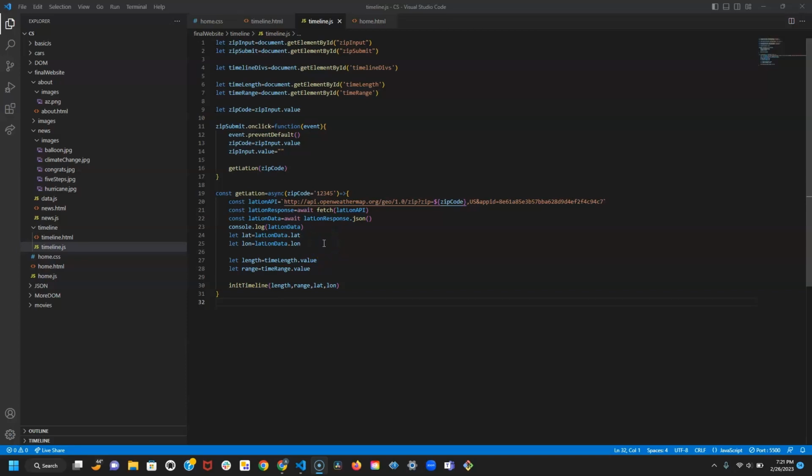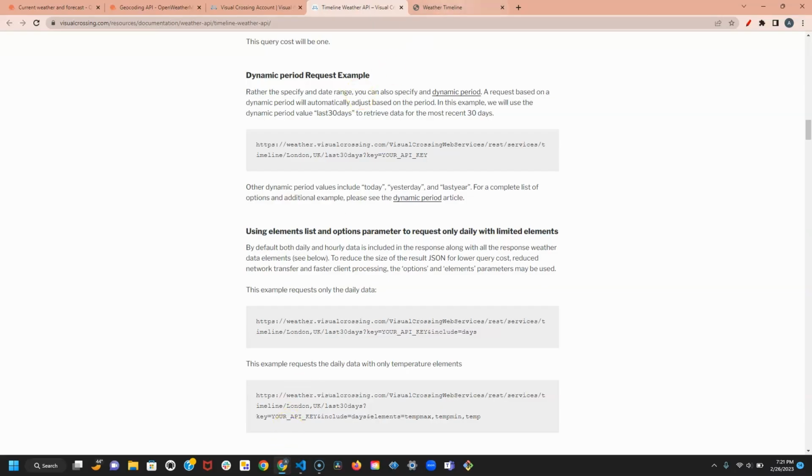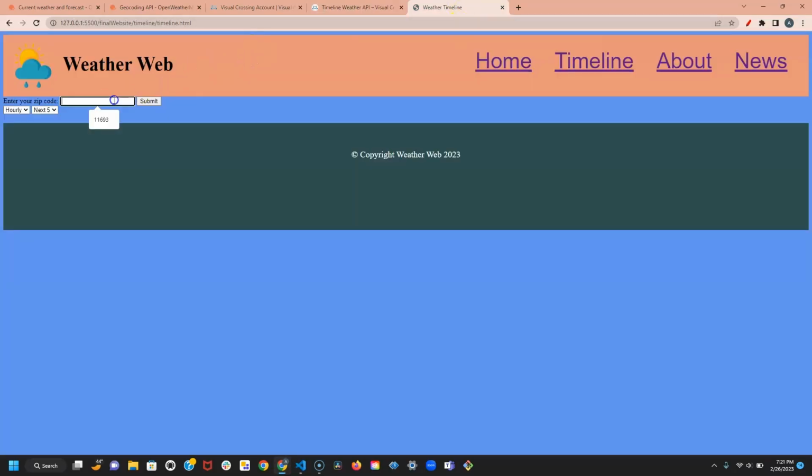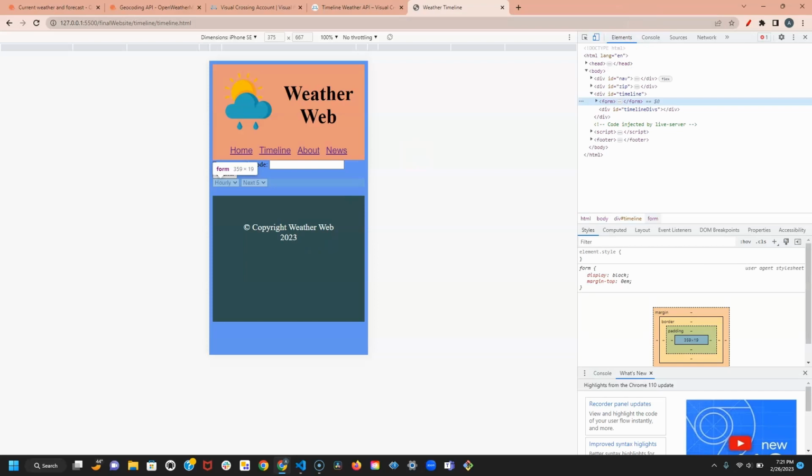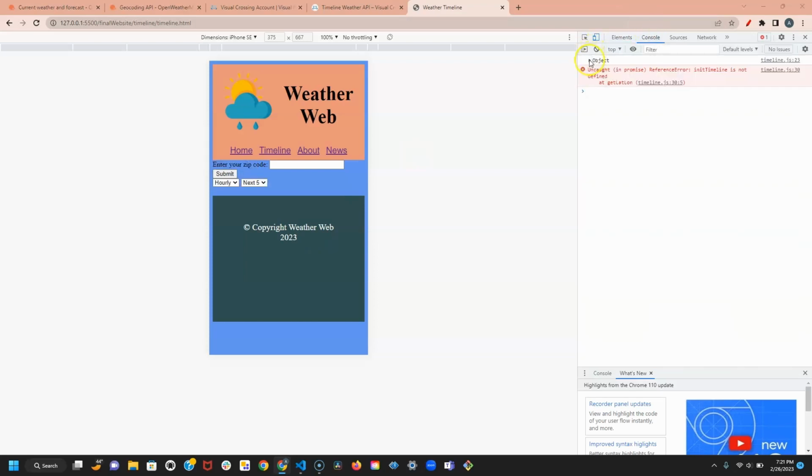In the last part of this series, we set up the logic of the timeline page by making a function to get the latitude and longitude values from a zip code that the user inputs. So if we look at our website, and if I type in a zip code like that and press submit, if I check the console, we can see that it took that zip code and converted it into latitude and longitude using the geocoding